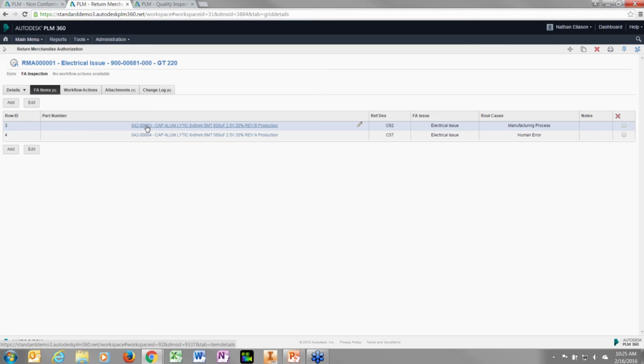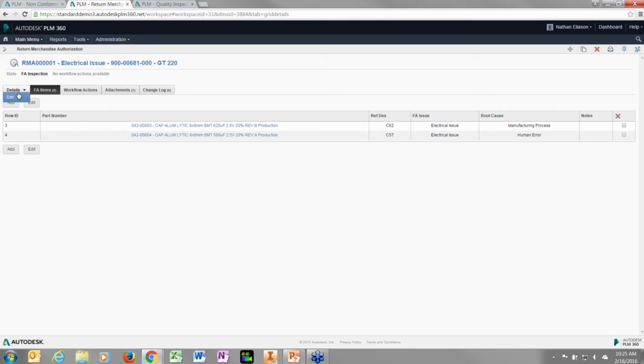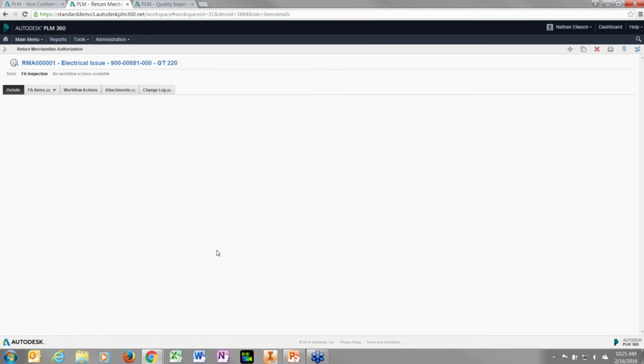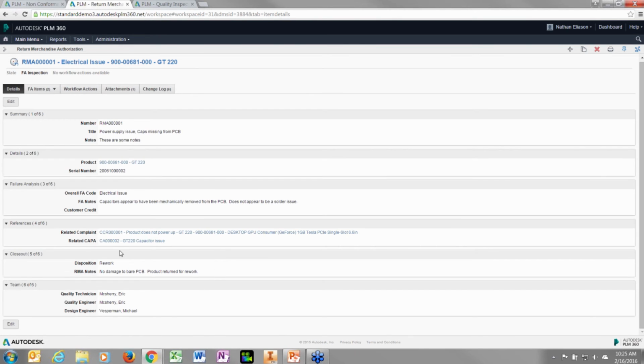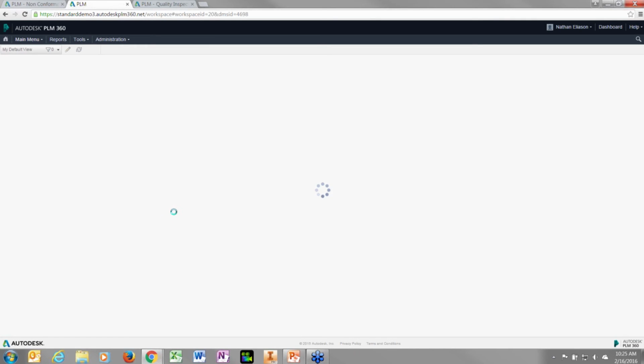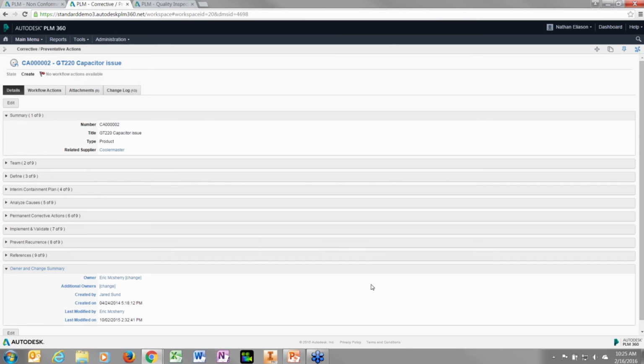And so by having this information in a central location, we're able to connect the dots, to connect those processes, so that we have a very powerful way to track and query the data that we're monitoring. Now in this case, as I mentioned, maybe this leads to a CAPA, corrective and preventive action request. So I want to finish my demonstration here by talking about the CAPA process that we